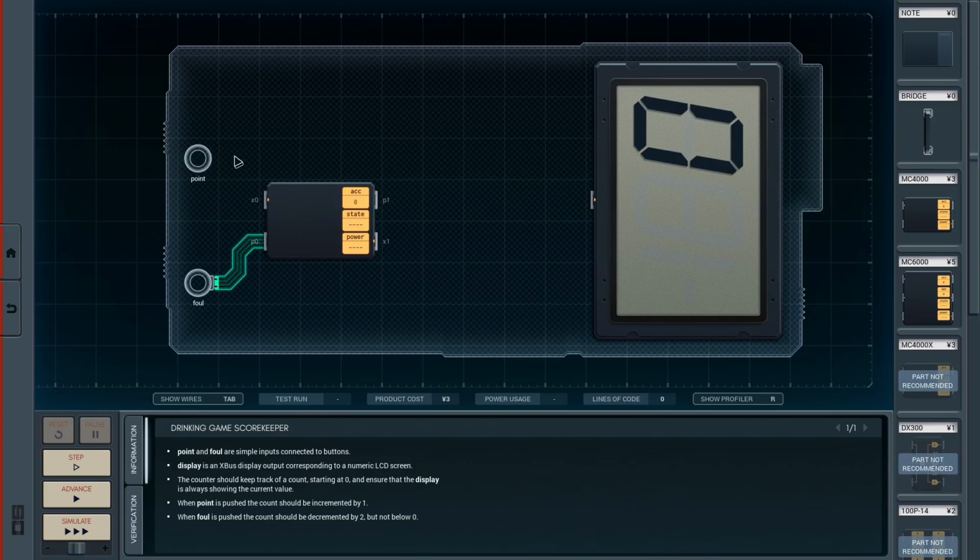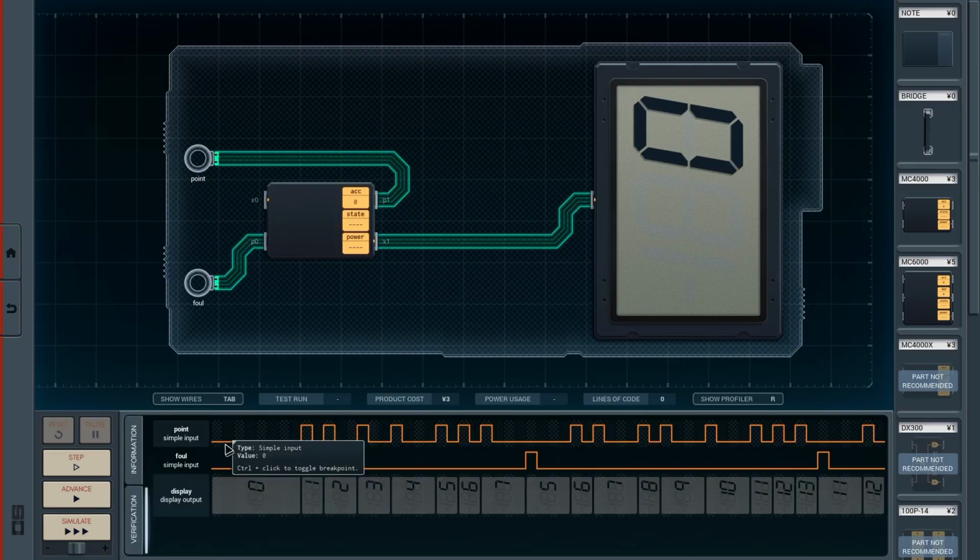And we'll bring point down to here, into there, and we'll take this over to here. Nice. So now if point is being pressed, this would come across as a value of 100. We can see it here, so we're going to have 0 to 100. So let's go ahead and test